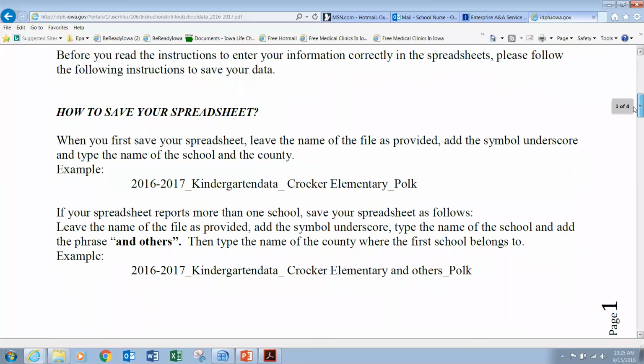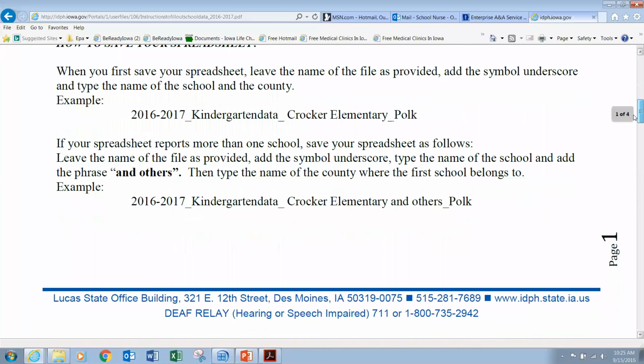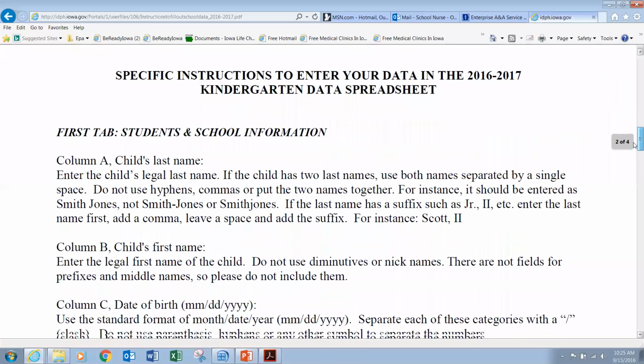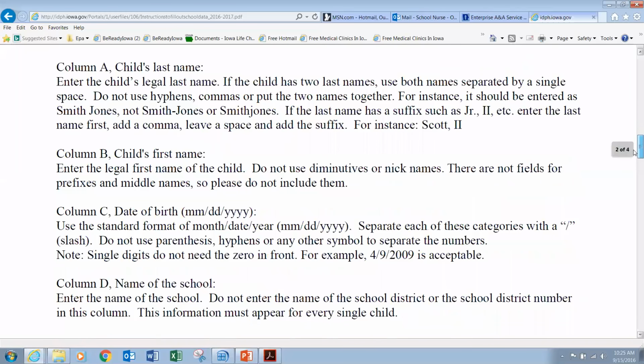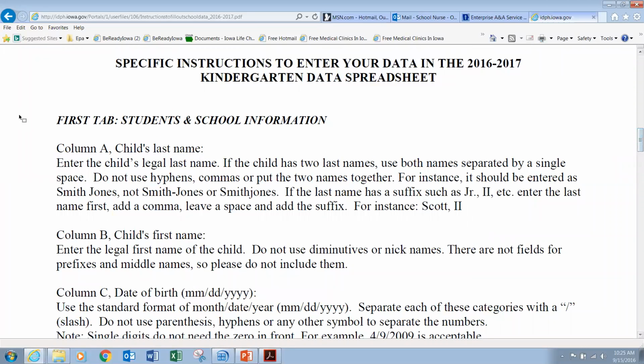And this gives you all the details about how to save your spreadsheet, and also what to do with each tab, how to fill out each tab. This time we changed, instead of numbering, we... yeah, it's not the most recent, right?